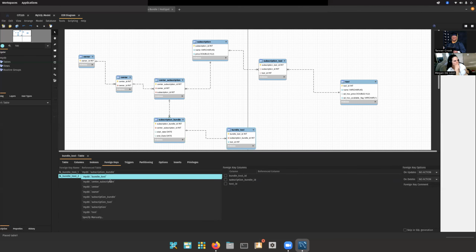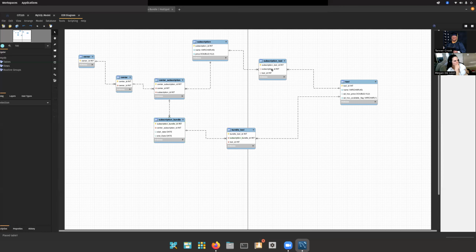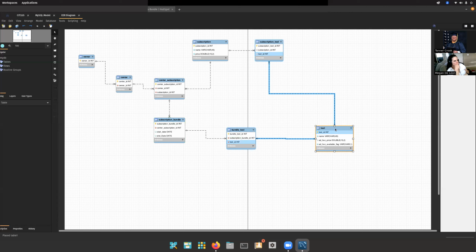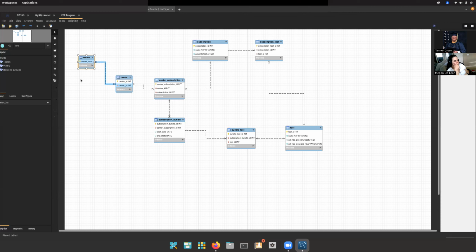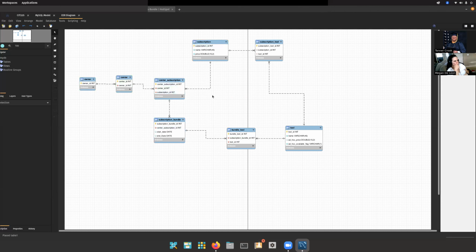Mhm. But yeah, this way we can set it up. So this one would work either way. It just depends on how you choose to implement it in the application layer, which the nice thing is for this class, we don't necessarily have to. But you could just put this in here. So, depending on how it goes, but this way you have your owner, that's the key to all this because they own the centers, and then centers, they have subscriptions, and